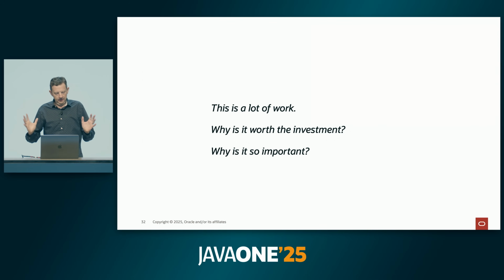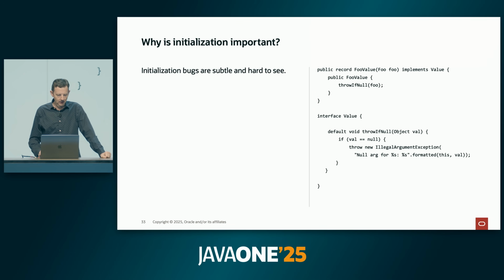Okay, for the last bit, let me step back and say this sounds like a lot of work, a lot of tweaking, subtle, long-standing behaviors. Why should we bother with this? There's a few bugs that we can catch, but it seems like it's got to be more important than that to justify the amount of work that it is to implement these changes and for the community to adopt a different style of writing constructors, for example. So why is this important?